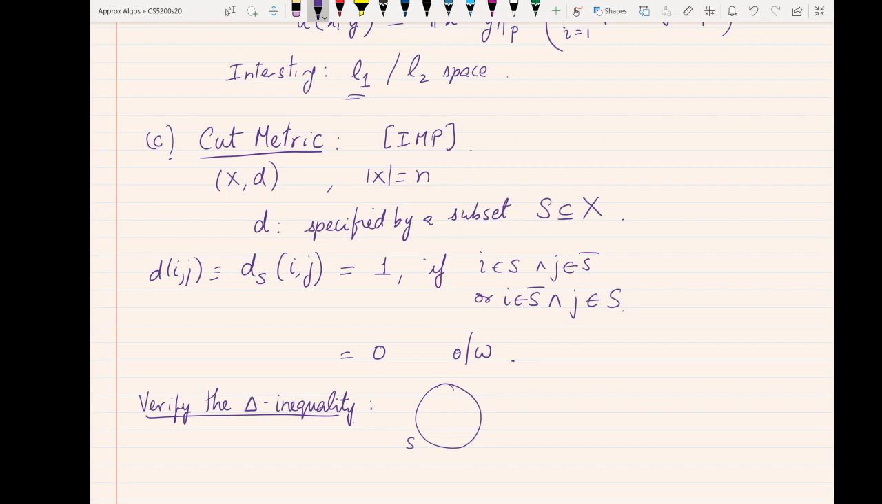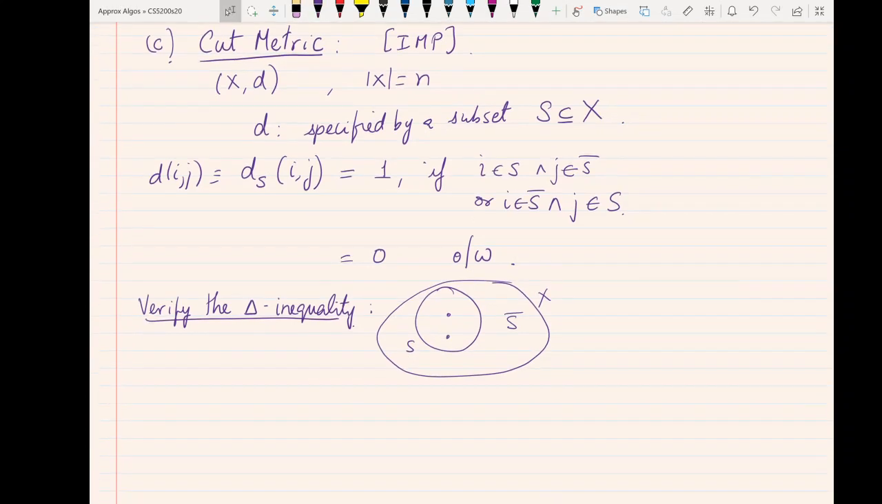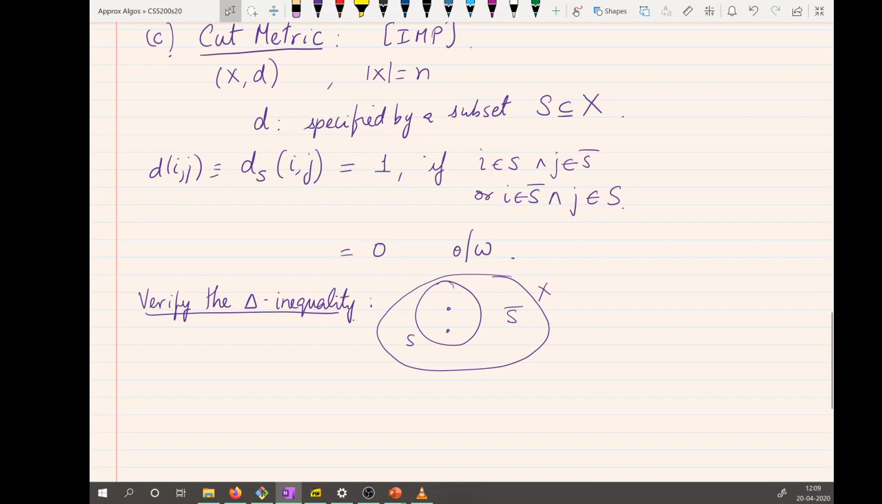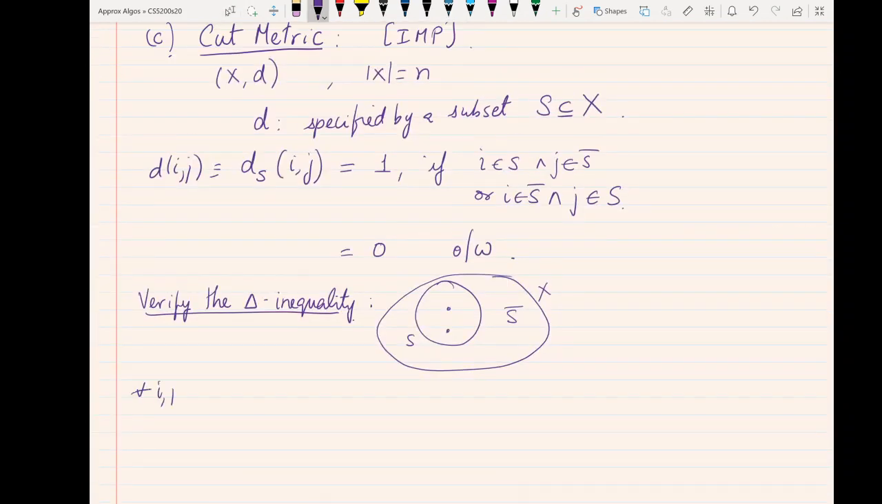This is quite easy to verify. Well, you take 3 points. And what we want to show, let's say points are i, j, k. Let us say d of i, k. Now if i and k are on the same side,